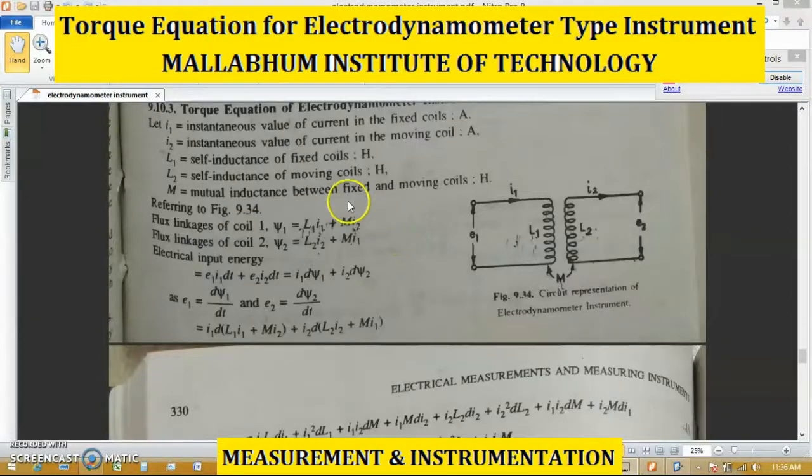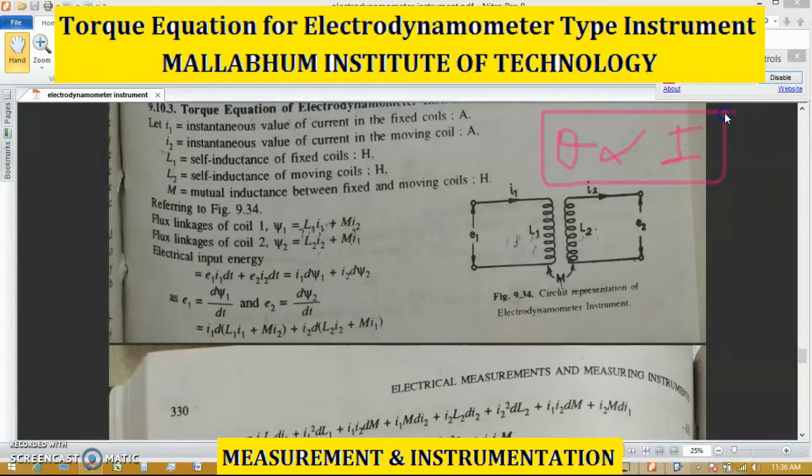Hello. Today we will continue the previous day's topic. After discussing the construction of the electrodynamometer type instrument, today we will discuss the torque equation of the electrodynamic type instrument. We have previously seen the torque equation for the PMMC type instrument, in which the deflection of the pointer is proportional to almost the current causing the